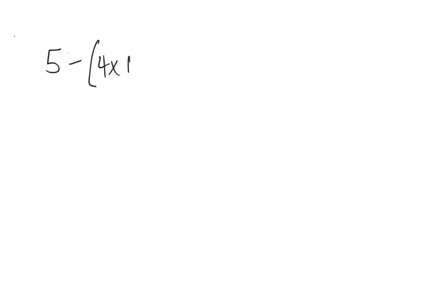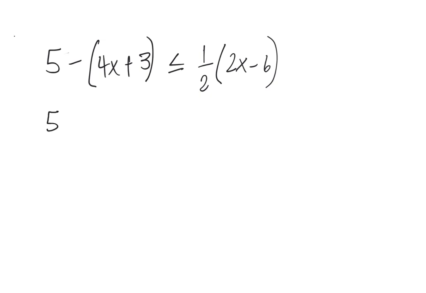4x plus 3, close up the parentheses, less than or equal to, I'm going to have a flat bracket somewhere, 1/2 times, open the parenthesis, 2x minus 6. Now I'm going to be able to distribute, because inside of these parentheses I can't combine like terms. So 5 doesn't change yet. A negative gets distributed, so negative 4x